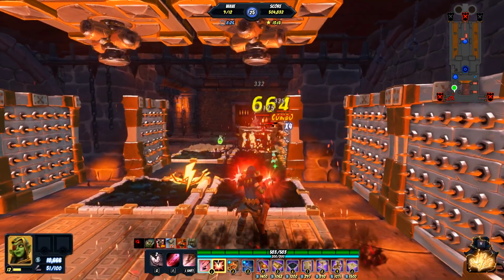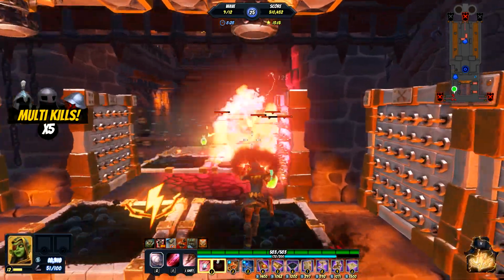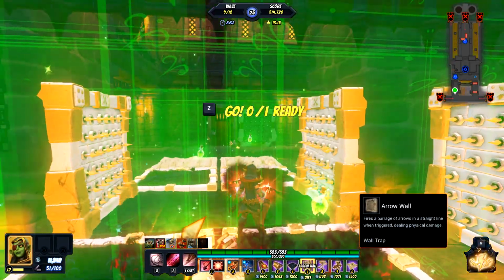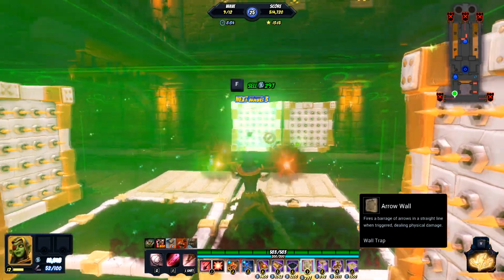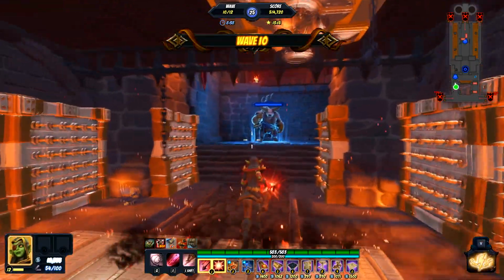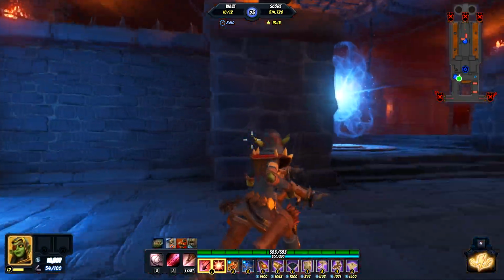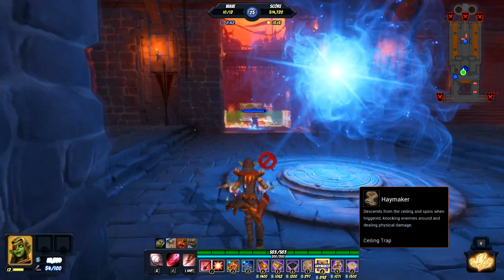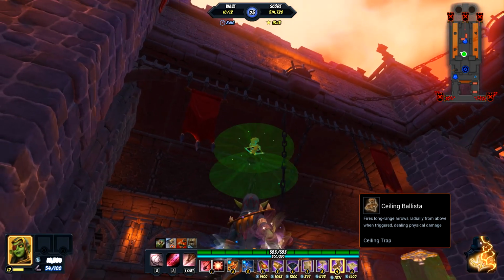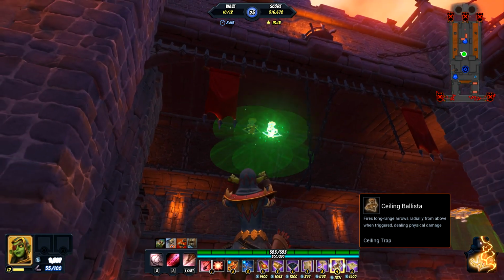Alright, I think I could probably do with placing a few more traps back here. There is a couple things that we're going to need to do out here though. There's going to be some heavier enemies coming through. Now, if I didn't have the ballista, what I'd do is I'd just set a few